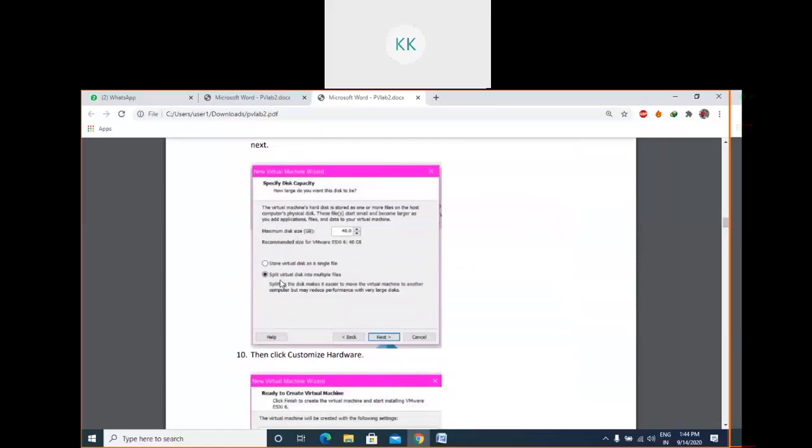Split virtual disk into multiple files. That means, I think you know dynamic memory allocation and static memory allocation, array and linked list. Memory allocation in array and memory allocation in linked list. Let me recall a little. What happens in an array? In an array, all the 40 GB of space you have to find in a single space.